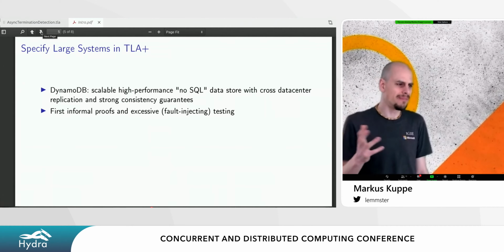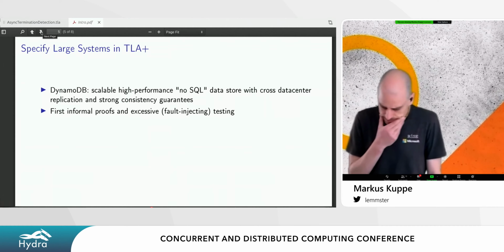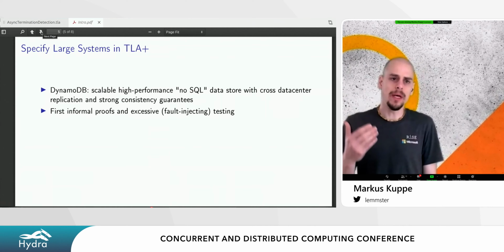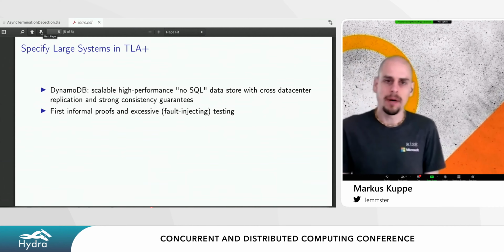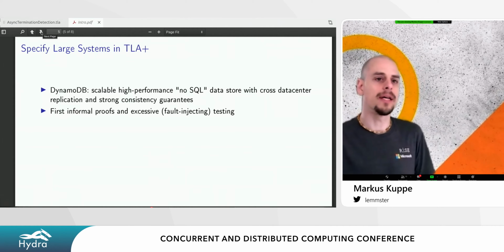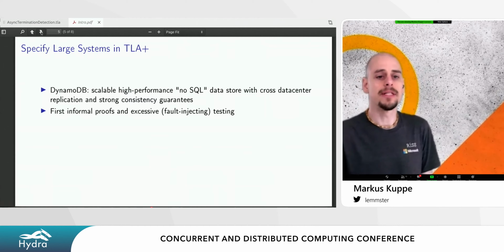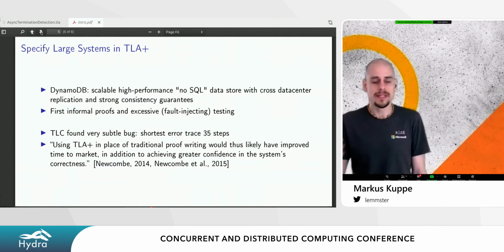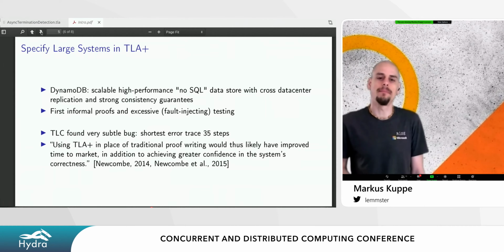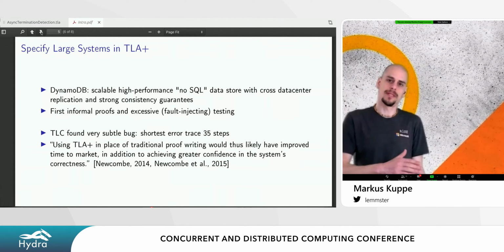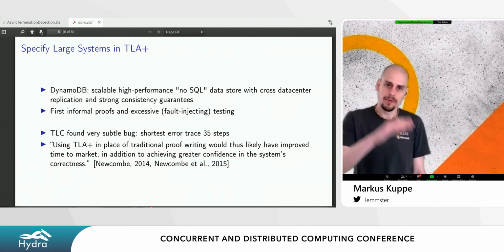And then they had the feeling, okay, for the scale that we as AWS envision, this might not be good enough. So let's see what the formal methods have in stock. And they looked at a bunch of formal methods. They eventually liked TLA+ best. So they specified this design of DynamoDB in TLA+. And the model checker found a very subtle bug after 35 steps of the execution of the computation going on